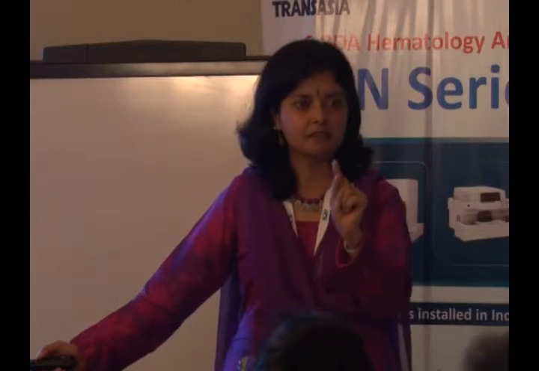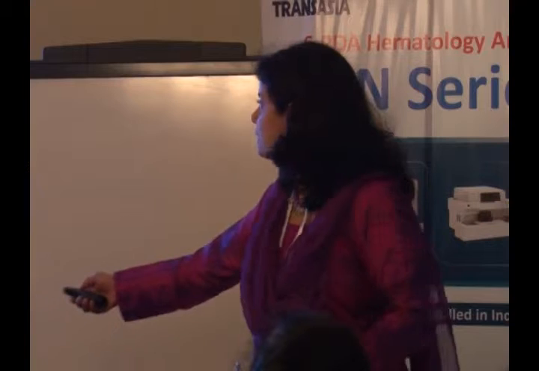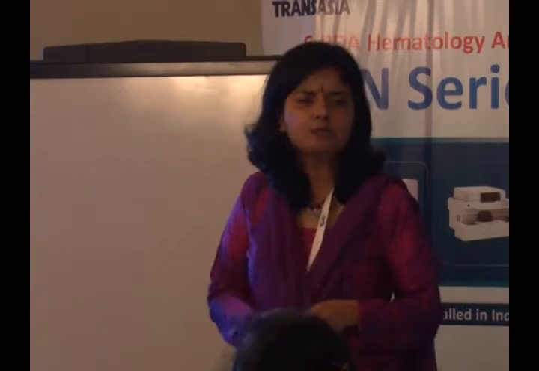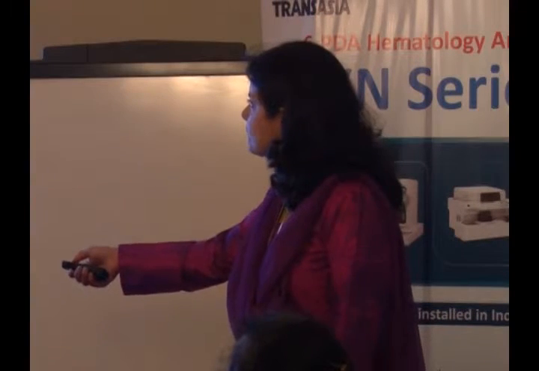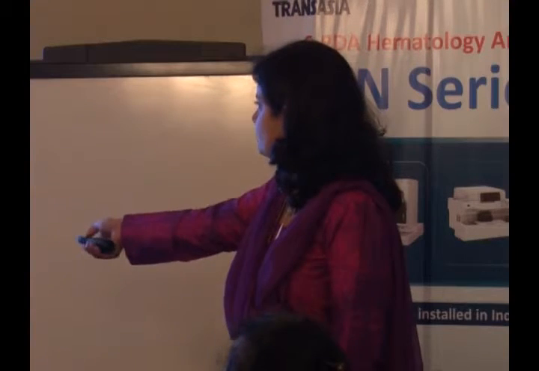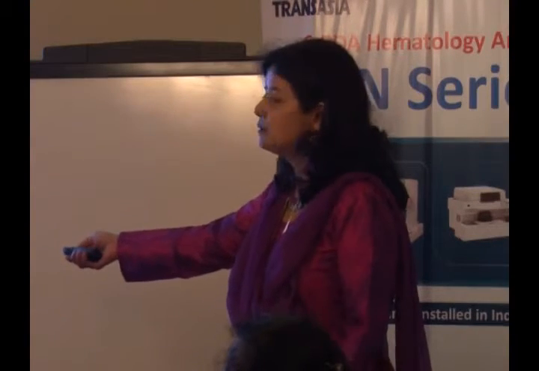Look at the atypical lymphos, but no. In the XN, this is a maximum of 2.7 that I've got with dengue. Within the 2.7 limit it is okay, I can release without review because platelets are also low. 2.7 is acceptable. But that was going bizarre in the XE, 22.